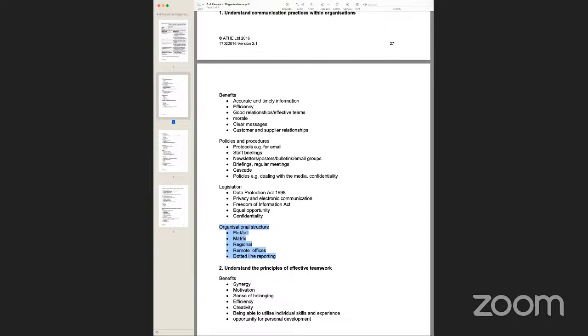So when we sometimes talk about size and scale of the organization, what we are going to be looking at doing is primarily reading and understanding the various different types of organizational structures. And these structures, there is a handout which I'm going to share with you. These structures are four basic types.